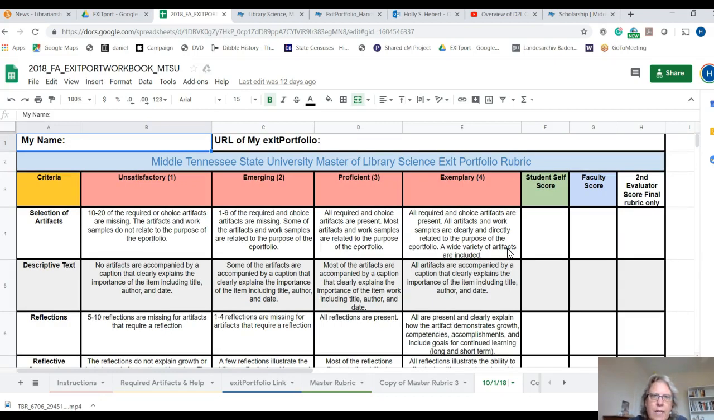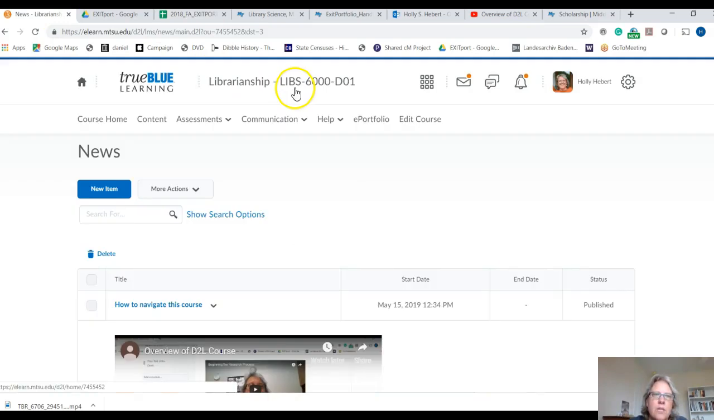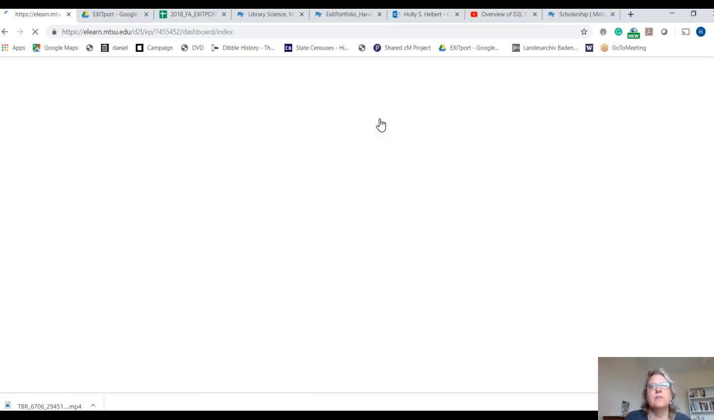So that is the basics. You have your workbook URL, which workbook, and then you have your actual ePortfolio URL, which is in D2L here. So I hope that clears it up. I also want to explain that